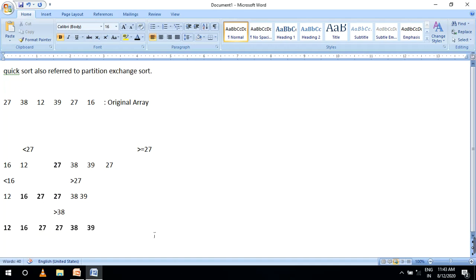Very easy way. You are selecting a pivot, and based on the pivot you partition. The left side you have to declare separately. The right side you give separately. So now this is the pivot 27. Now this is the first value, this is the last value. In between, if you sort, it is less than 27 and greater than 27. Now this is the first value, this is the last value, that means for last S1 values.